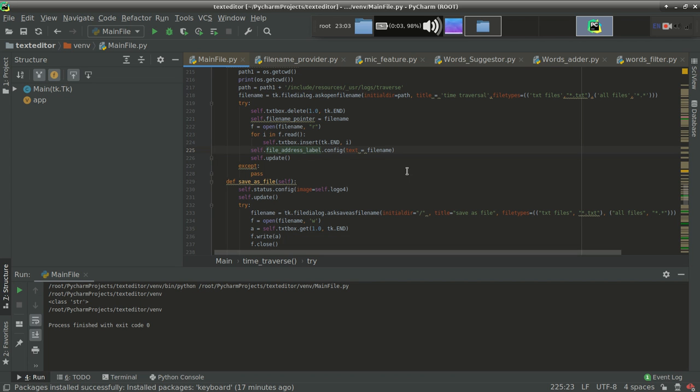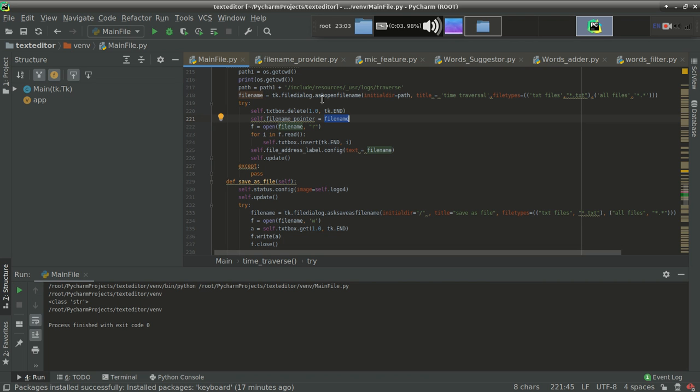This is file name. Actually this file name has updated, because currently the file name is holding the path also.